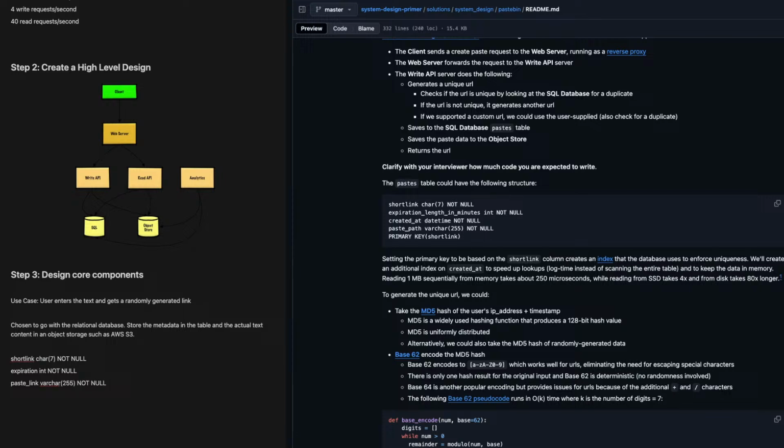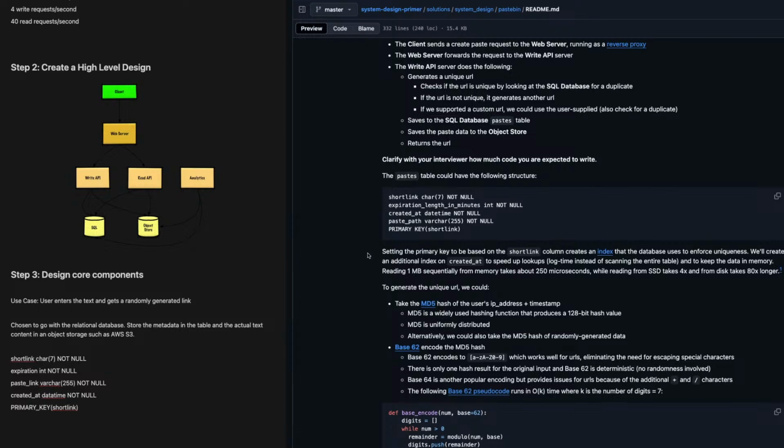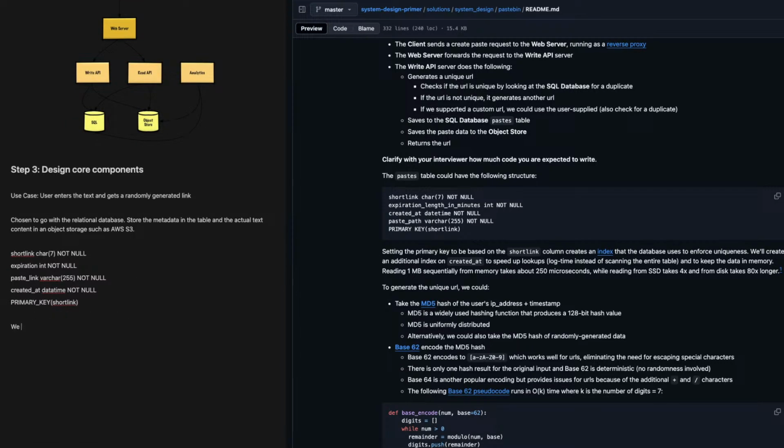This is the link of the AWS S3 storage or wherever it is stored. And then other than paste link, we need created at, which is like metadata, and a timestamp, or I think it's called datetime. That type is called datetime, and that is not null. For the primary key, we are defining short link as a unique identifier here. And then another thing is we can create an index based on created at,